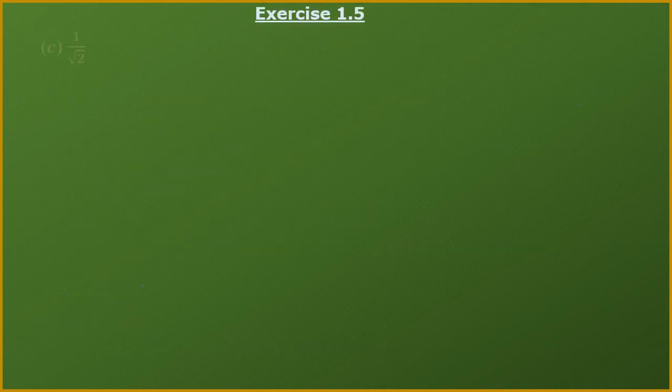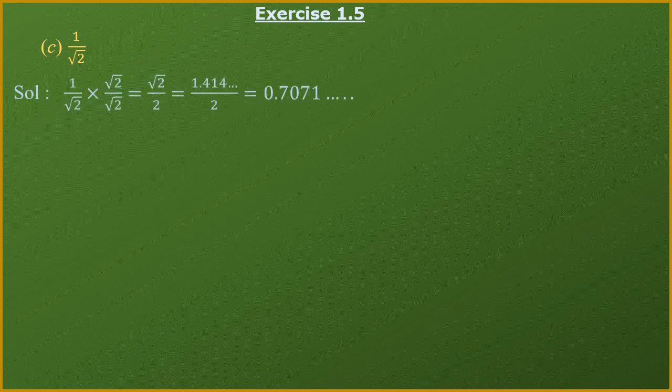Now in part number 4 we have given 1 upon under root of 2. Here we require some more simplification to say whether this number is a rational or irrational number. One thing remember, we cannot decide anything if our denominator is in irrational form, because root of 2 is given in the denominator and hence it cannot be rational because it is a square root of a prime number. So first of all we shall make our denominator rational.